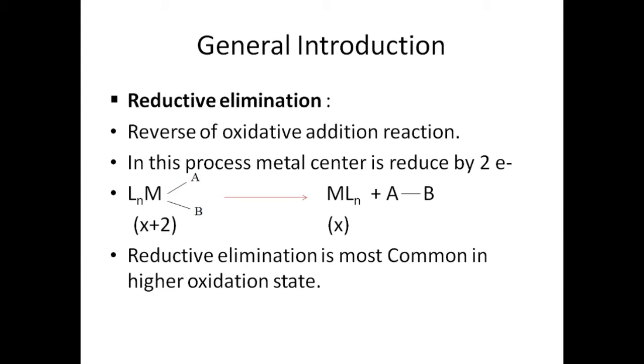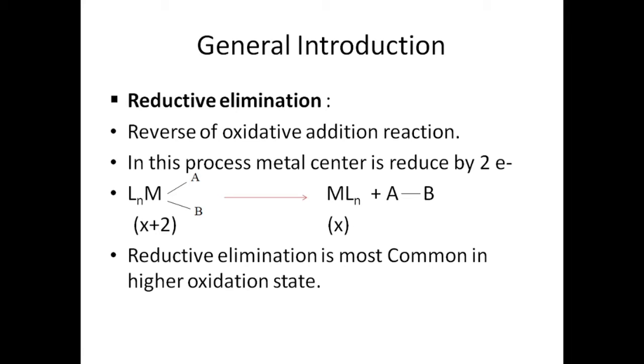This is a general example of reductive elimination. In this process, the metal center is reduced by 2 electrons. See here, in this complex the oxidation state is X plus 2, and here the oxidation state is reduced